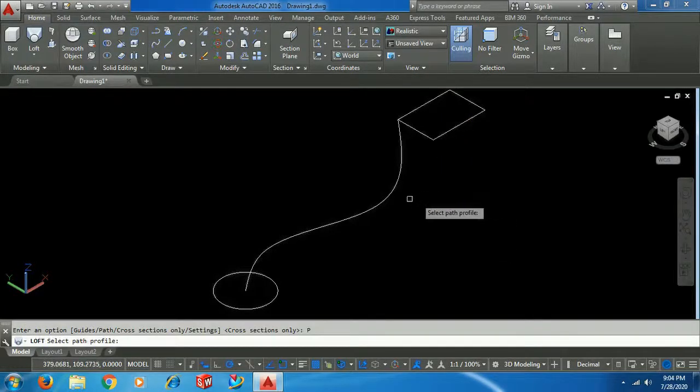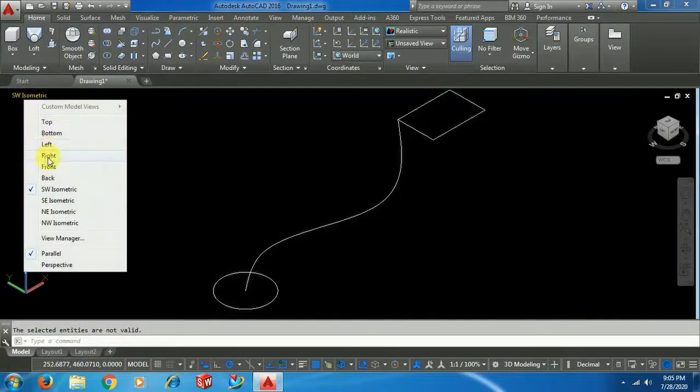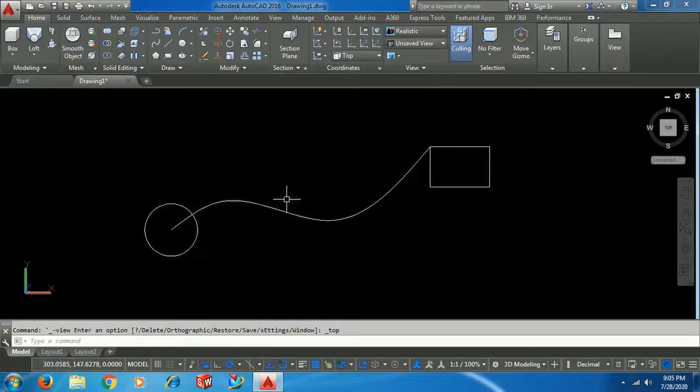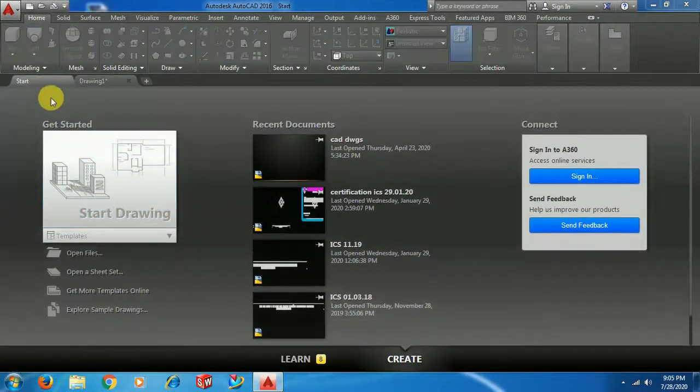Even if you select the path, you won't get the output. So how do we generate a loft? In top view, we took the path as well as the two profiles.